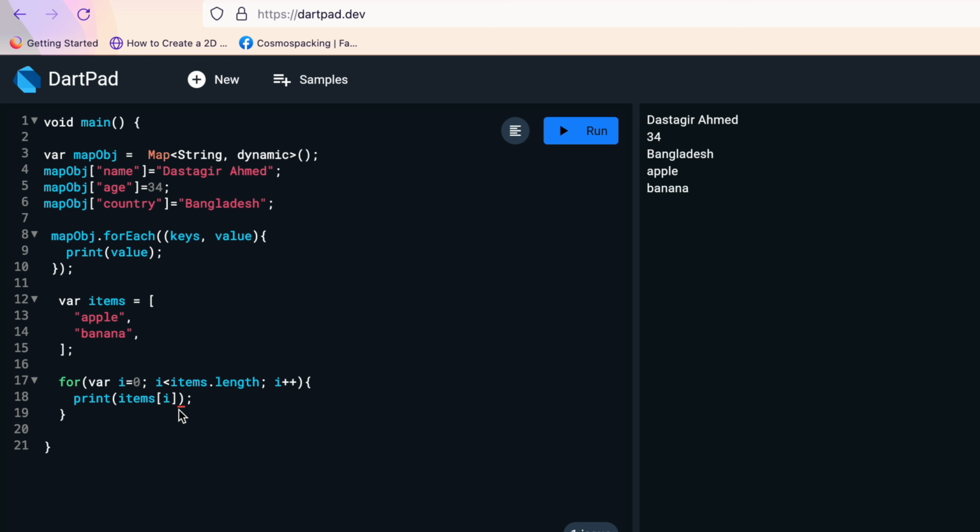Expected to find, it was a typo, but anyway. So now you see that we see apple and banana over here, so you can loop through them. Now for a map to loop through, we have to use the forEach method. Maps are not directly iterable. You cannot really access each of the elements directly, just like you could do with